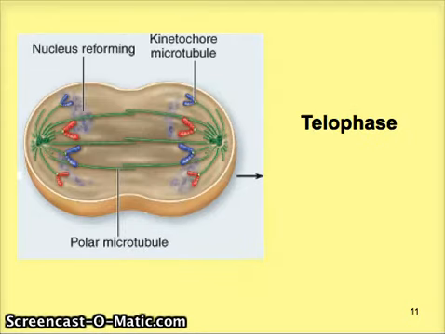Telophase is the reverse of prophase. Everything that happens in prophase is removed. So the spindle apparatus is disassembled. The parts will be used later to create the new cytoskeleton in the new cells. The nuclear envelope reforms. The chromosomes begin to uncoil and go back to becoming chromatin. The nucleolus is going to reappear,